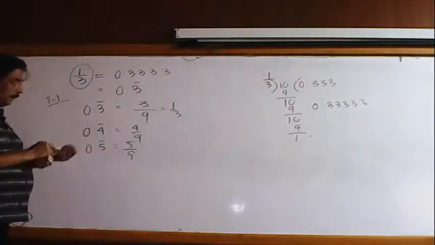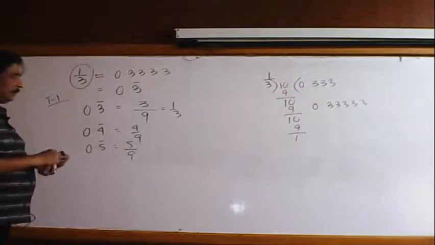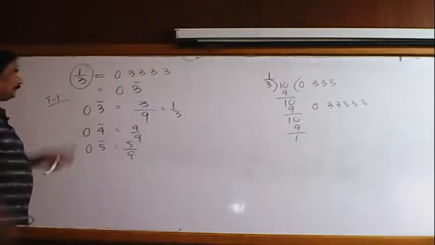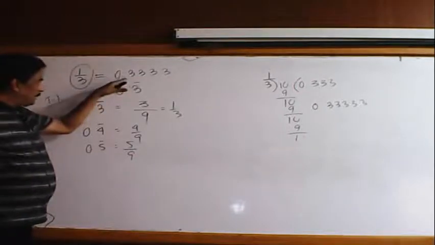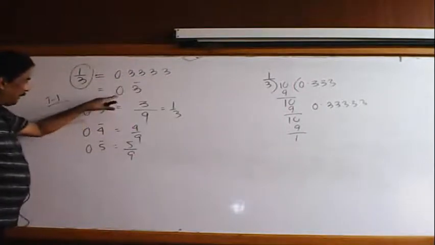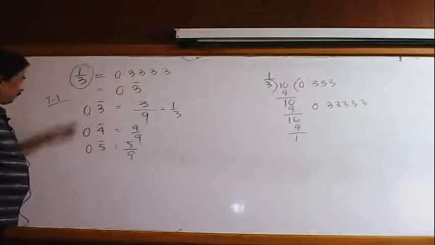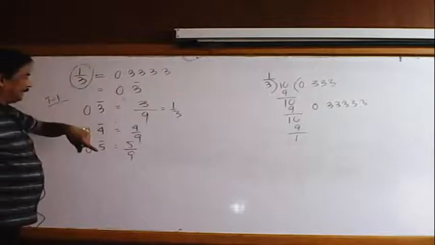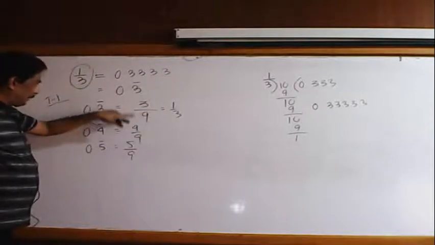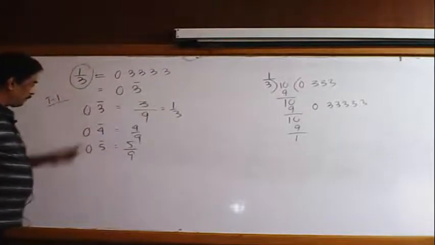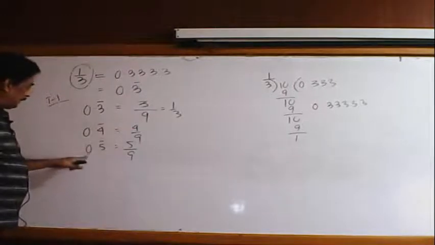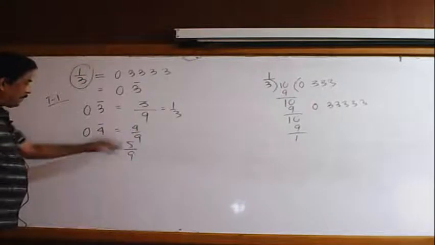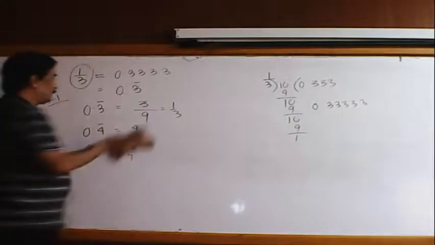Remember, some divisions will end, but some divisions will continue. In the continuing case 0.3333, the same part keeps coming, so your result is 0.3 recurring. So if I say 0.3 recurring, instead of recurring we can convert to a decimal fraction: 3 by 9 equal to 1 by 3. If they give 0.4 recurring, 4 by 9. If I give 0.5 recurring, 5 by 9. Now observe the types.